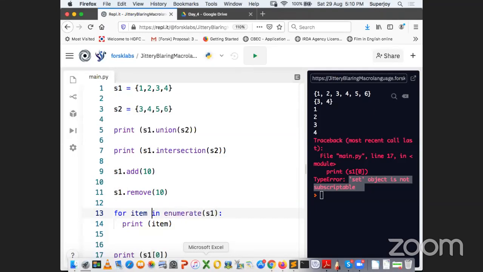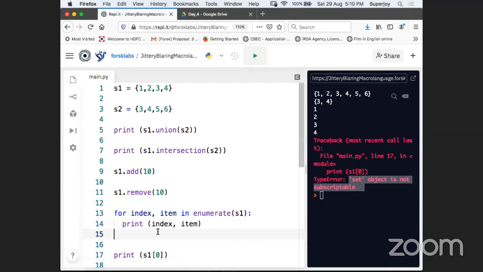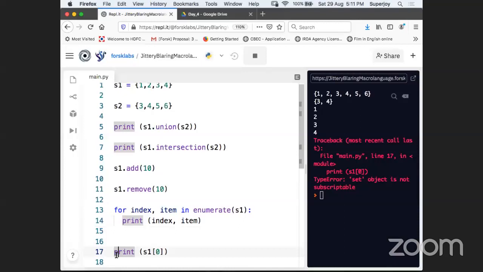Let me check. I'll just comment it out. Okay, that's not allowed.